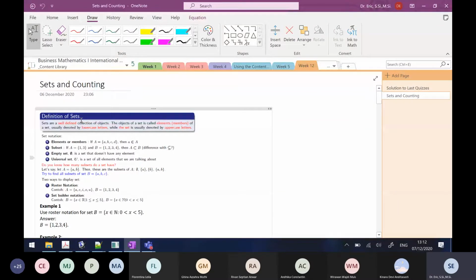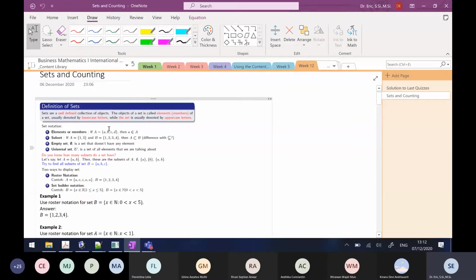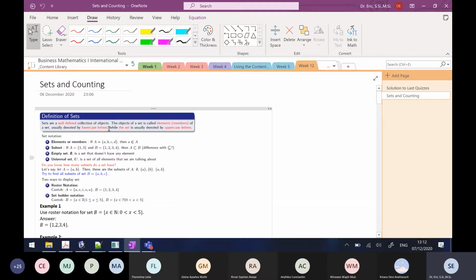Okay, this is the definition of sets. Yeah? This is the new chapter. This is the last chapter that is on your exam. This is the last chapter on sets and counting and the permutation combination. I think if you have this kind of question, it is a bonus for you. Yeah, a bonus chapter for you. I hope you can do this.